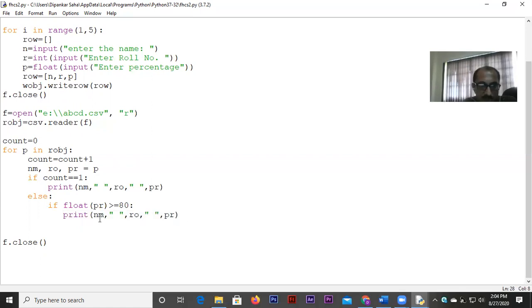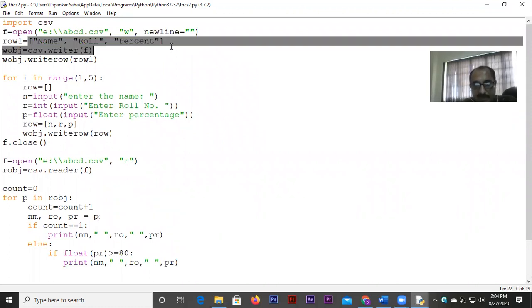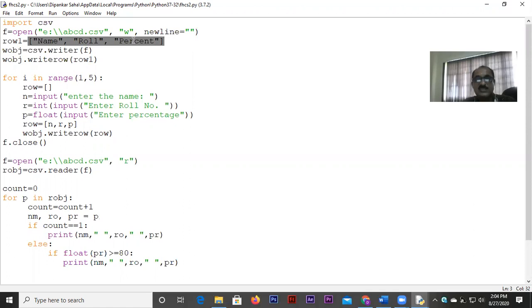So how did I do that? Obviously, for that you have to unpack the values of a particular line and see which student has scored more than 80% or exactly 80%. Now, here one problem was in my CSV file, one line was the heading. So from there, I cannot fetch the numeric values out.